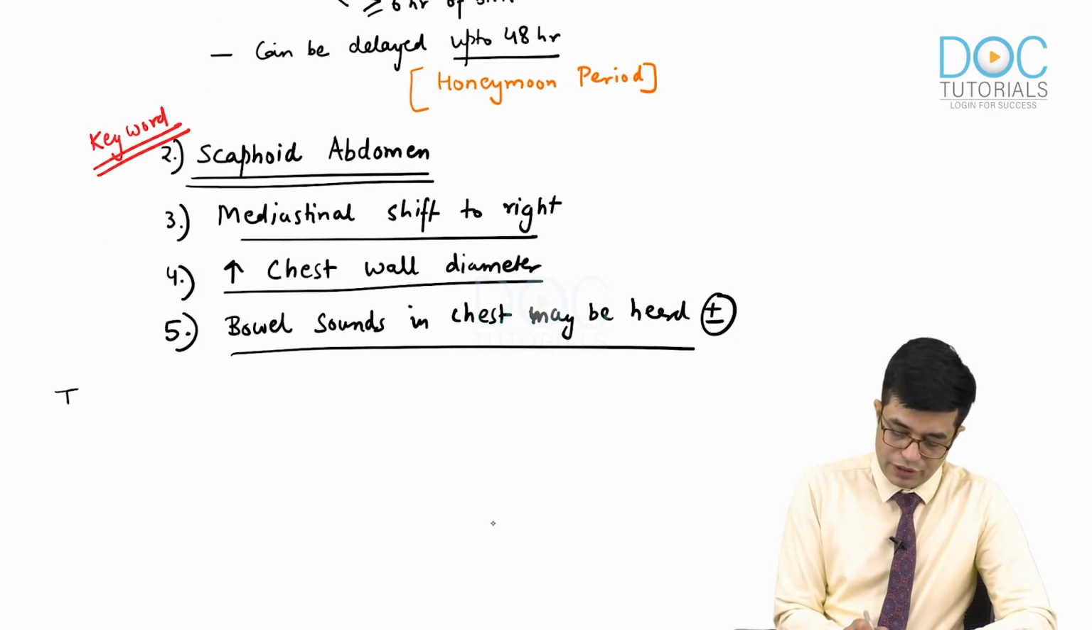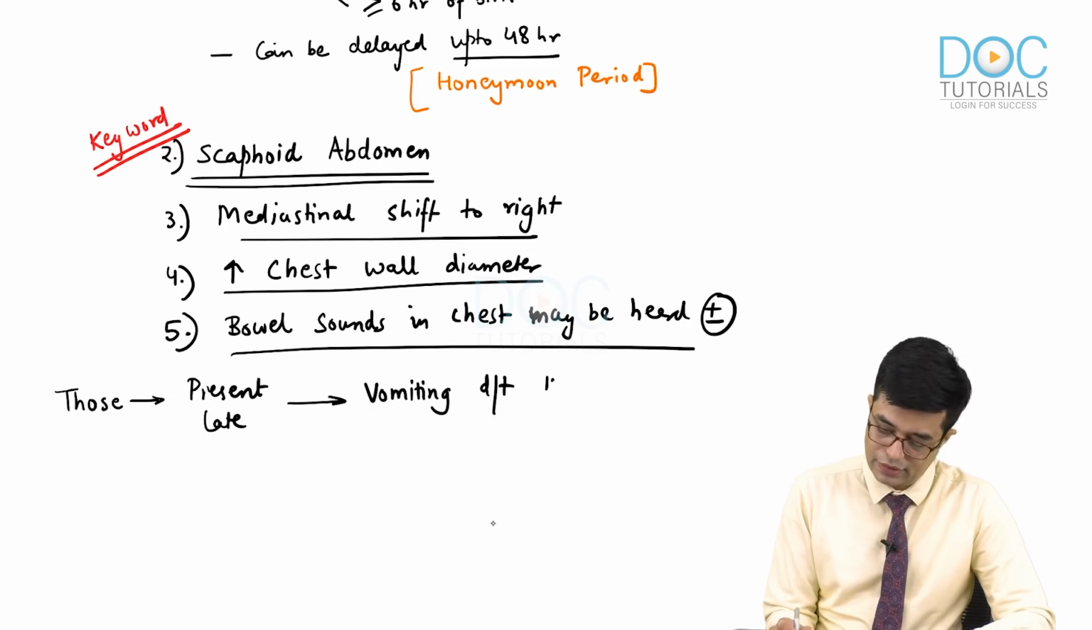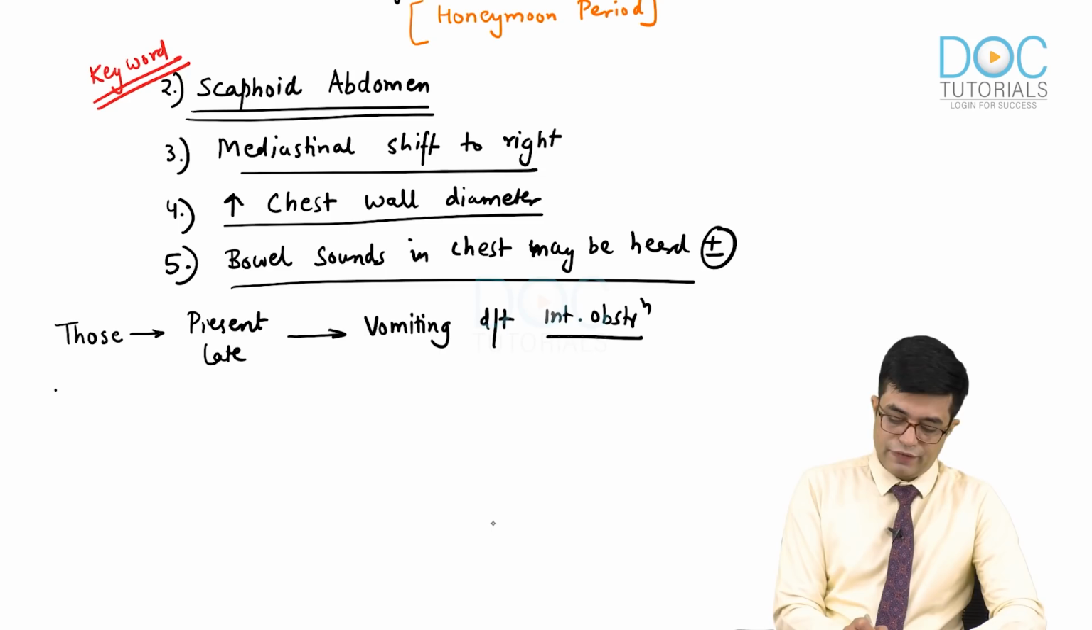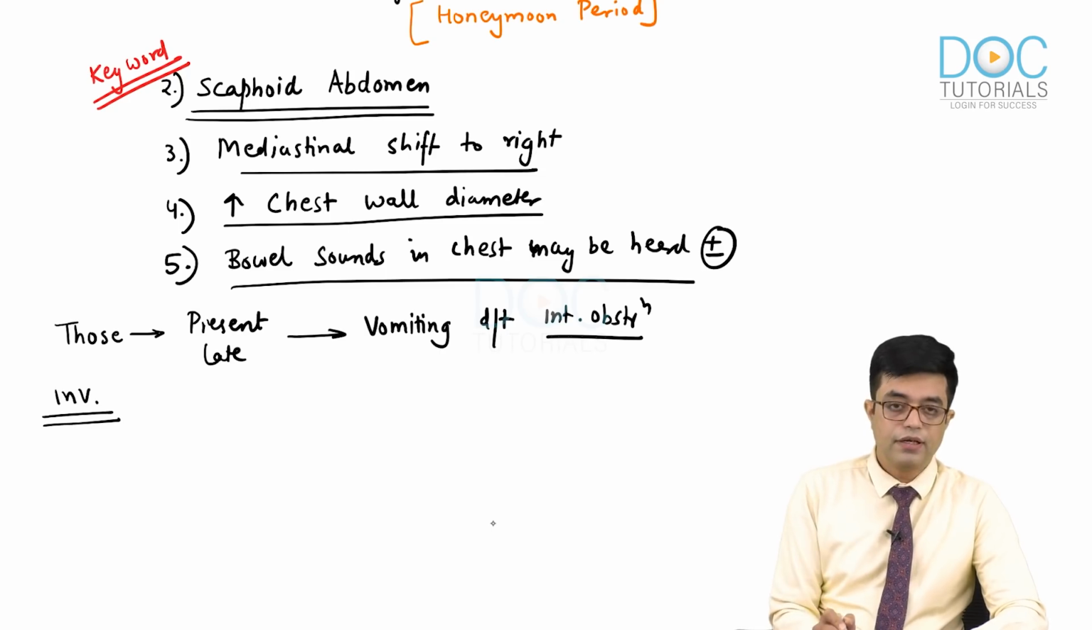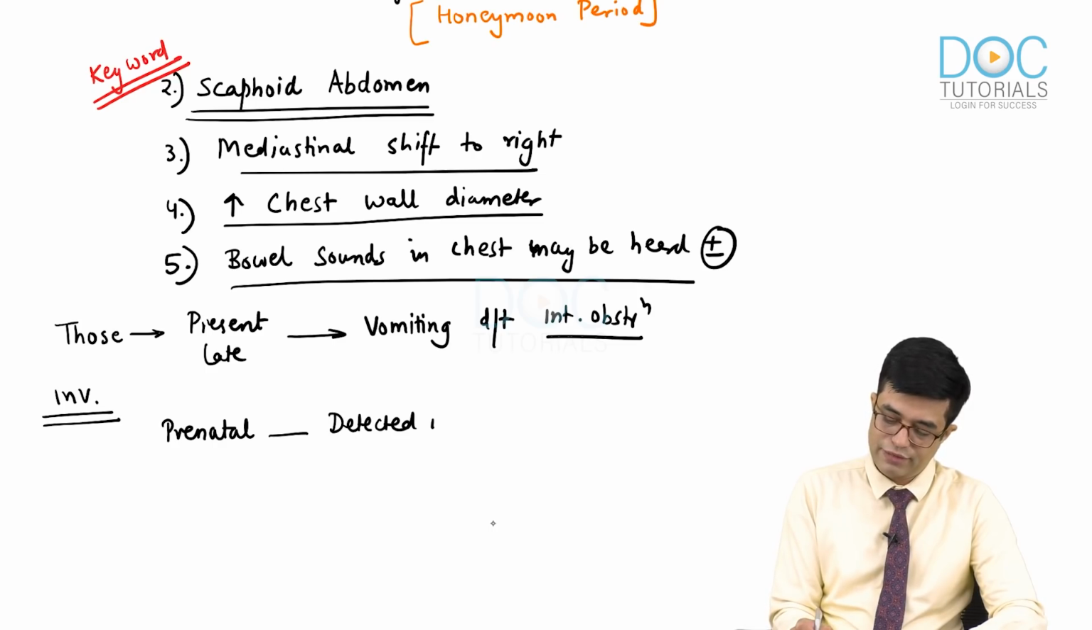In those patients who present late, they may present with vomiting due to intestinal obstruction. So, intestinal obstructive features are relatively rare but can be seen. Coming to investigations, prenatally it can be detected in more than 50% of patients by ultrasonography between the age of